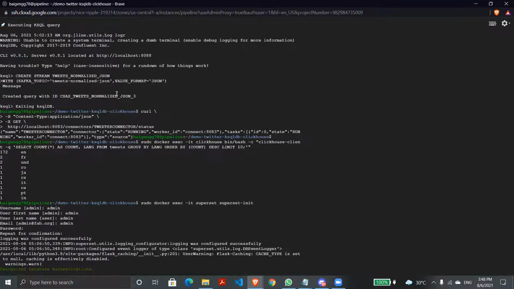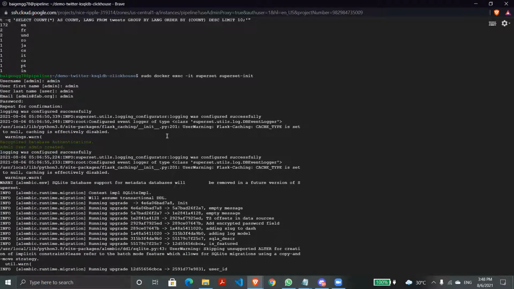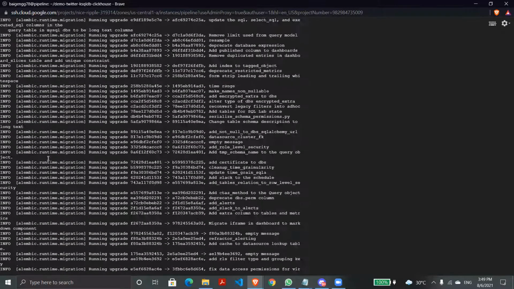After creating all those, we'll check whether the connection is running or not. If it is running, it will say the state as running. Then we'll have a Superset execution command, docker exec and superset init. Here we will be creating a new demo account to visualize our data, inputting the username, last name, and password credentials. After this, it says the admin user has been created, and Superset is now running.